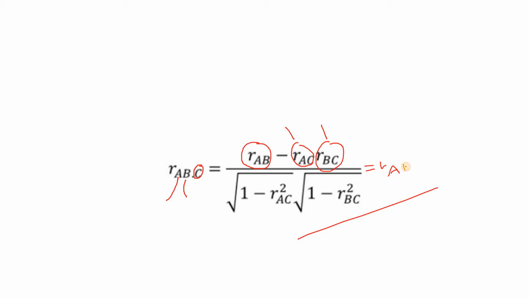That is, the raw correlation will be equal to the partial correlation if the two variables are not at all related to some other independent variable. That is, if there is no correlation between A and C and between B and C, then the partial correlation is equal to our raw correlation. And like this the formula will go on.